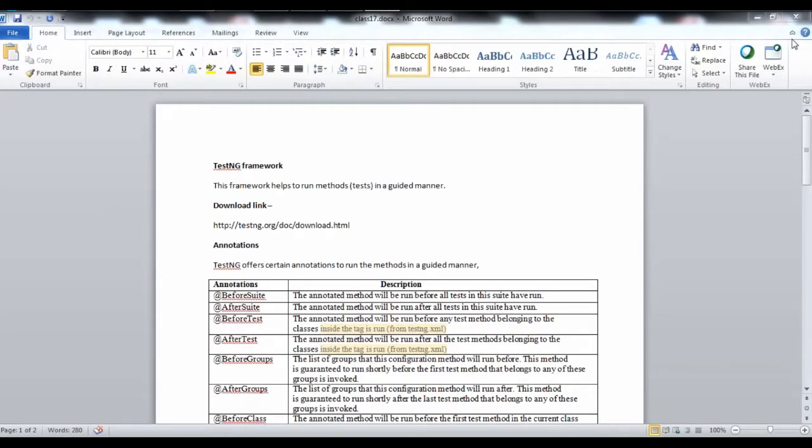Okay, so as you can see, this is a new topic today. It's the testng framework. Now, why testng framework and how does it help? It is helpful for Selenium automation. Okay, so testng framework is an existing framework which developers normally use to run